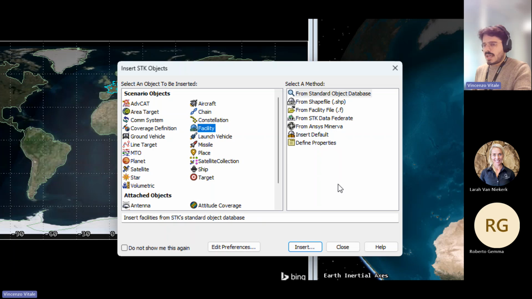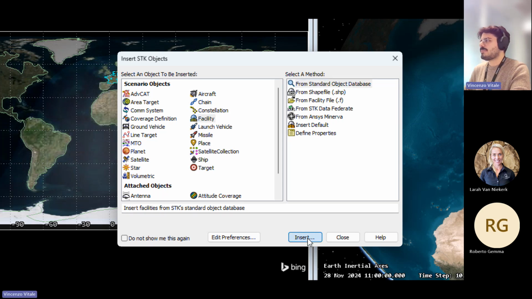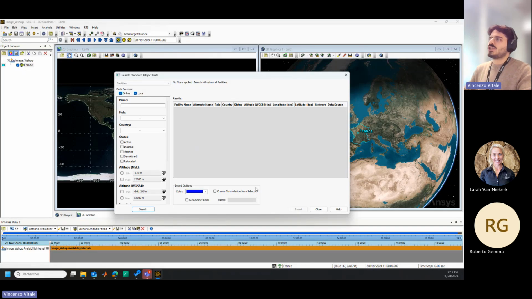But in particular, we can select from a standard object database that is given by AGI itself. AGI hosts as a database a set of facilities, cities, which are under the place object, and also satellites that you can easily access by the standard object database. In this case, I can see that we can query our database just by clicking insert. This will open the interface, which will